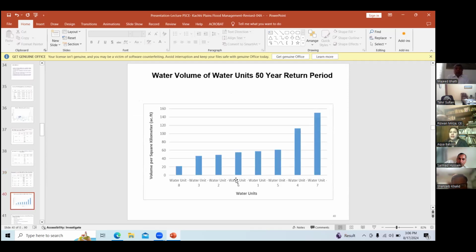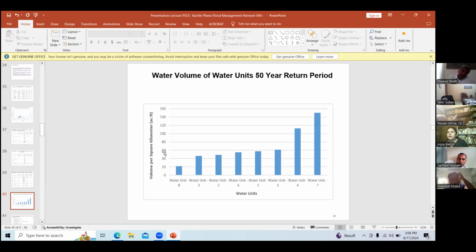This is water volume, water unit wise, for a 50-year return period. These water volumes are given on a 50-year return period. You can see unit 1 has the least, and the highest is water unit 7.